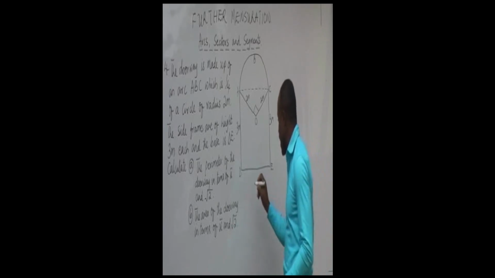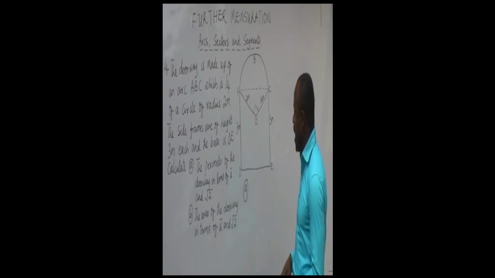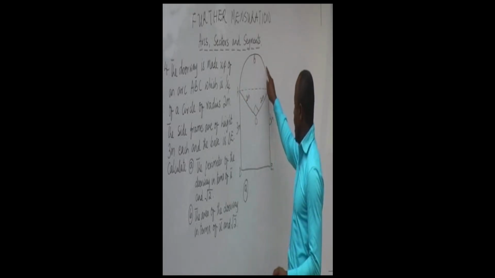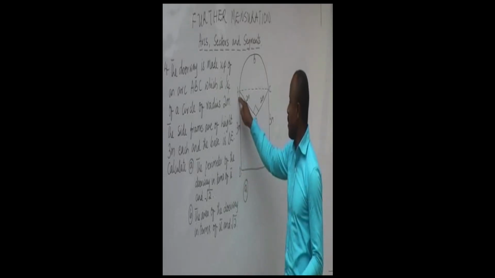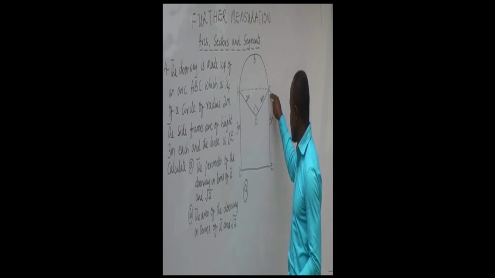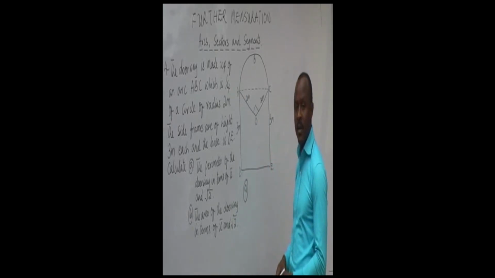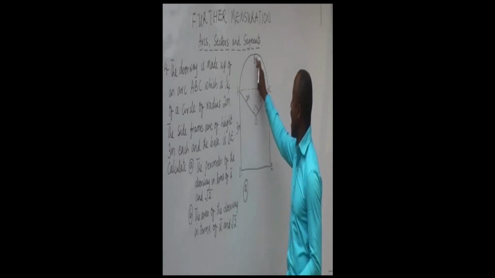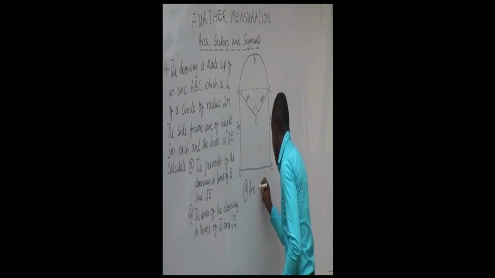Let's take question number A from here. The perimeter of the doorway is the length of the arc plus the length of CE, ED, and DA. The length of the arc ABC plus the length of this side CE plus the length of this side ED, then plus the length of this side DA. So first of all, let's calculate the length of this arc. Arc ABC